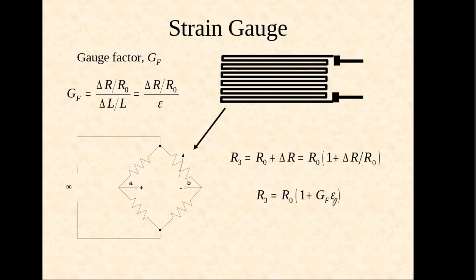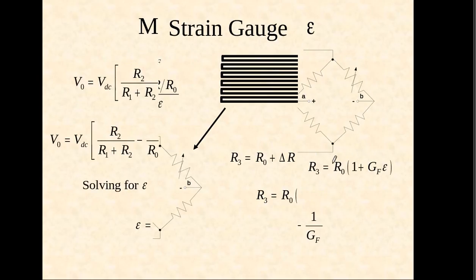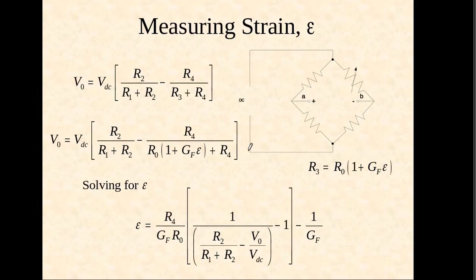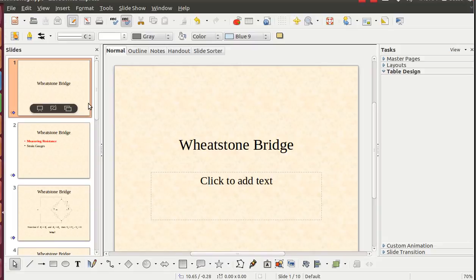The gauge factor is defined by delta R upon R0 divided by delta L upon L. So delta L upon L is equal to epsilon. So R3 is equal to R0 plus delta R, which is R0 times (1 plus delta R upon R0). We can write it like this: R3 is equal to R0 times (1 plus GF times epsilon). So for measuring strain, the final equation we are getting is R4 upon GF R0. First of all, we will find out the